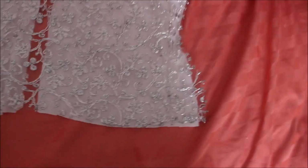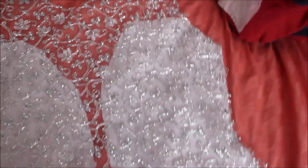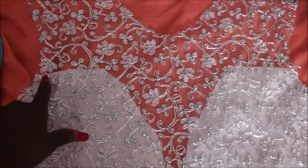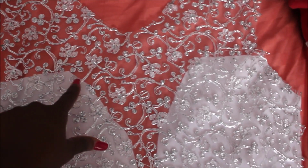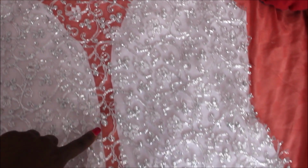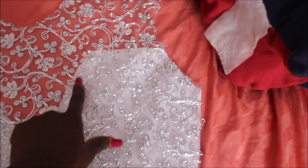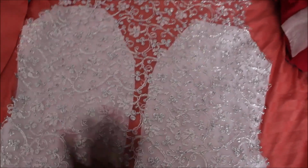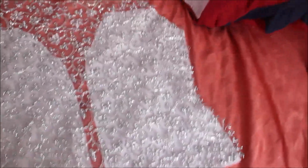Okay, so this is the front of your fabric. So for your top stitch, you're going to take it to the sewing machine. And you can do a top stitch from here all the way down and do the same thing on the other side here all the way down. So now this should be one piece already, and all you have to do now is attach it to your